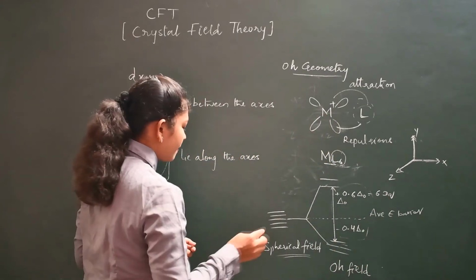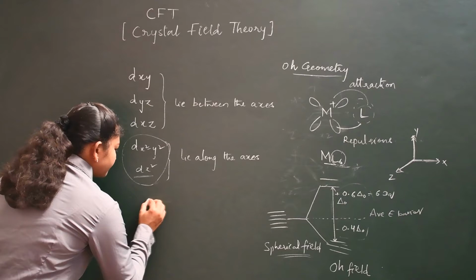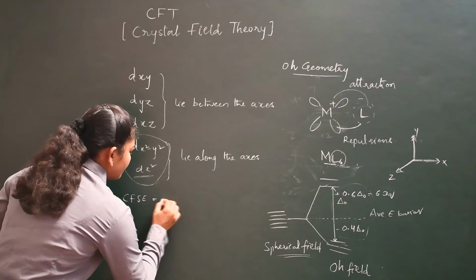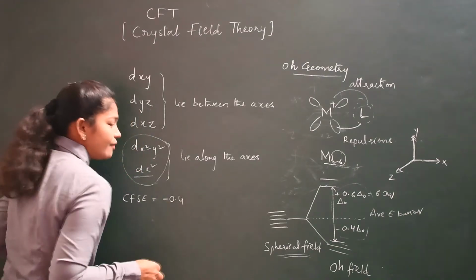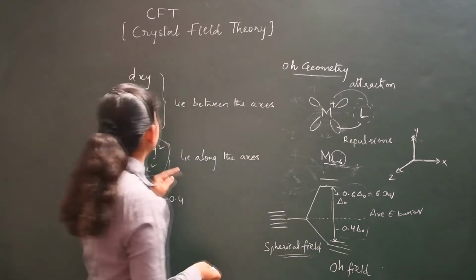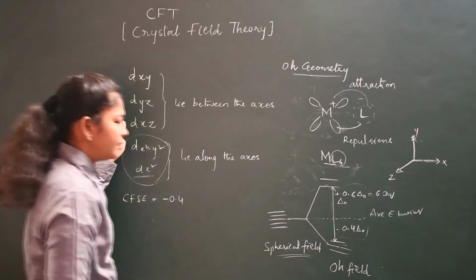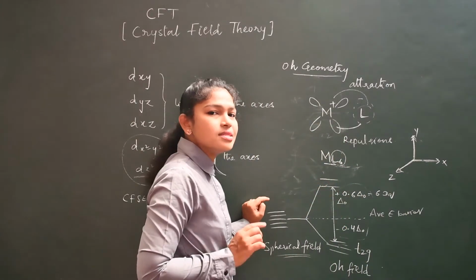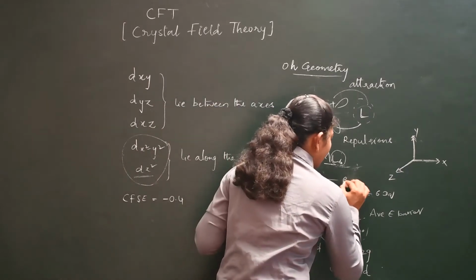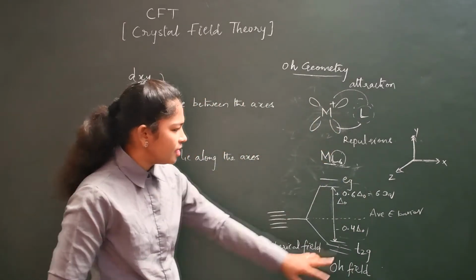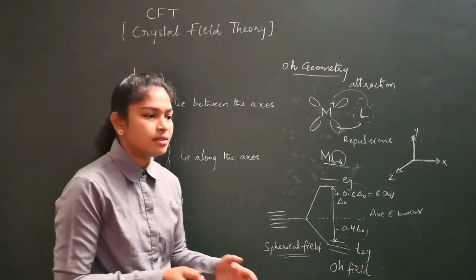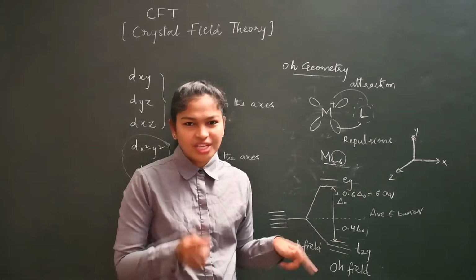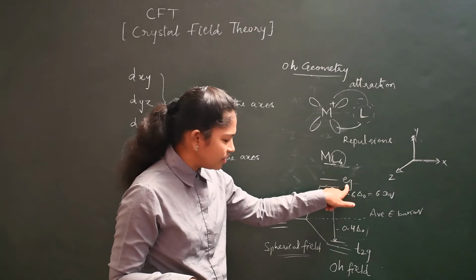So how can we write it now? The crystal field splitting energy in octahedral will be minus 0.4. And one more thing, these 3 orbitals, dxy, dyz, dxz, we denote as T2g, and this one is eg. Okay, g, you know, right, gerade. When we have symmetry in orbitals, then we denote it as g. So these two we call eg orbitals, and these are T2g.